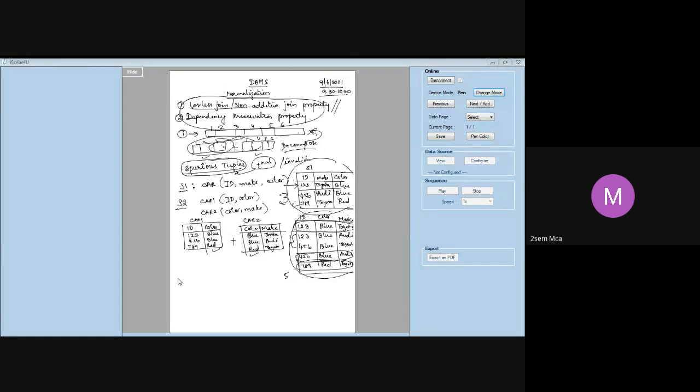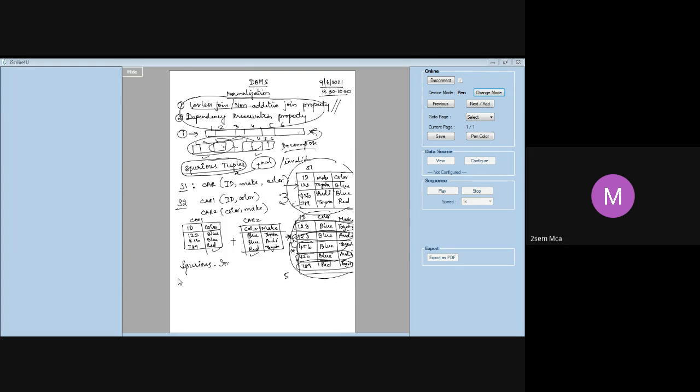What about these two? We don't have these tuples in the original table. Is it not? 123 blue and Audi. We don't have this. This tuple is called a spurious tuple. 123 blue and Audi is a spurious tuple. Similarly, 456 blue and Toyota. You don't have it; 456 Audi and blue is there. This one is also not there. 456 blue and Toyota is also not there. These two tuples are called spurious tuples.